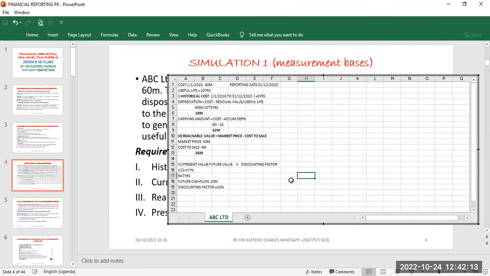So we can do that one from here. There are two methods I said. We can use the discounting factor or we use the annuity. And we said we use annuity only and only when the cash flows are uniform. We are receiving 10 million every year, but if the cash flows were varying, we use the discounting. Let me show you method 1. So method 1, we are using the discounting factor,